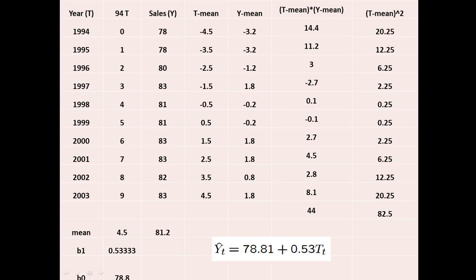Finally, we will find t minus t bar squared. And the very important step is summing all of these values: the sum will be 44, and the sum of t minus t bar squared will be 82.5. All of these steps are to find